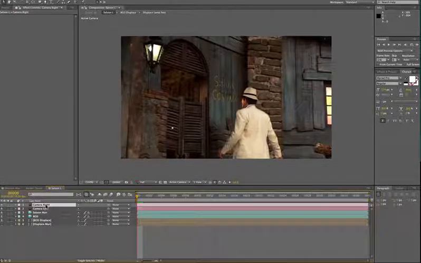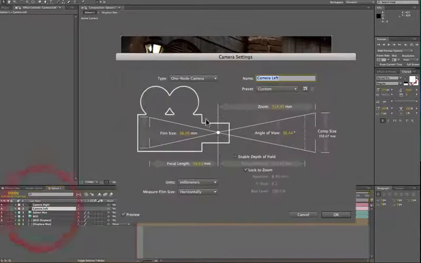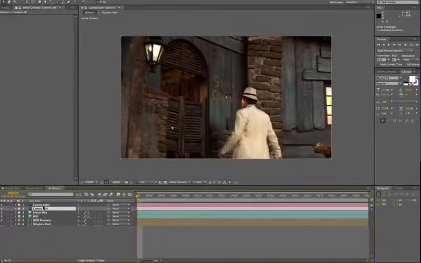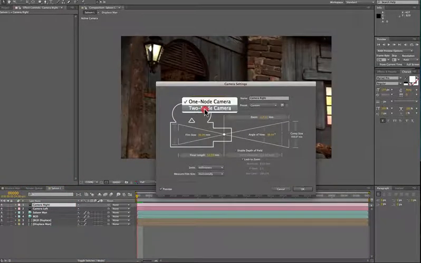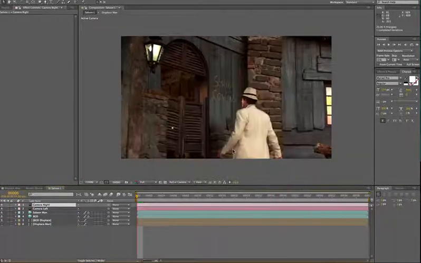And what we want to do with this camera is now move it slightly to the right to generate that parallax. Before we move it over, I'm just going to double click on both my cameras and make sure I change them to 2-node cameras. The reason we want to do 2-node cameras is because when you're working with 3D, you may want to actually converge the camera eyes into the scene, and this means you need to be able to rotate and control those